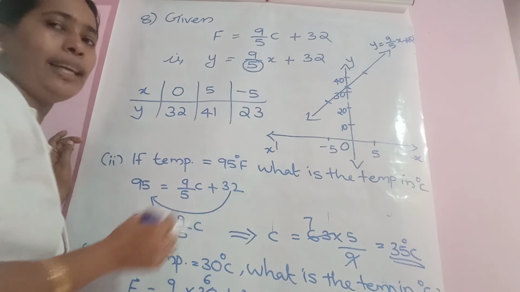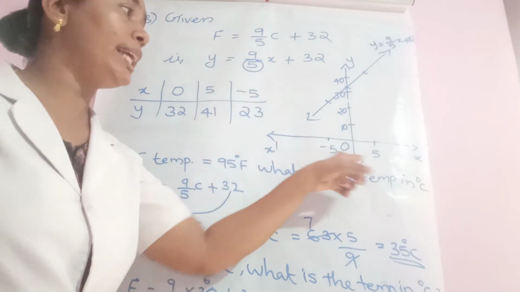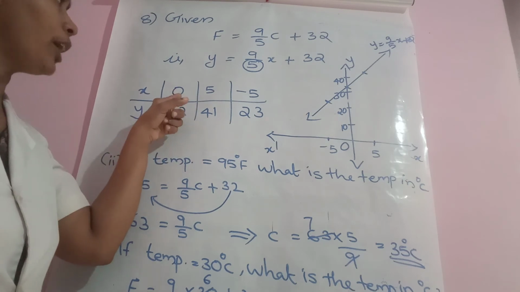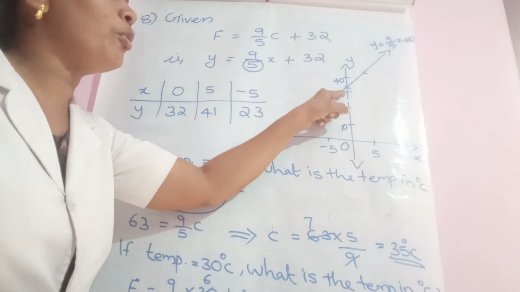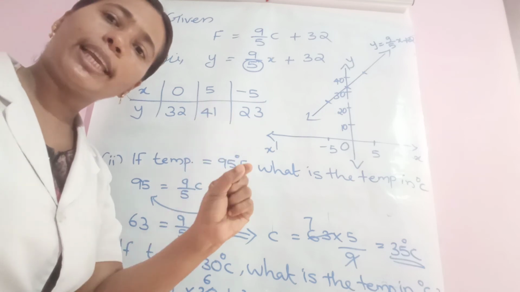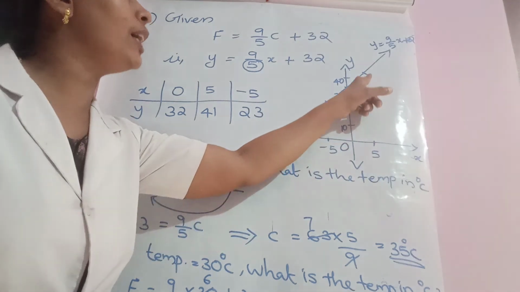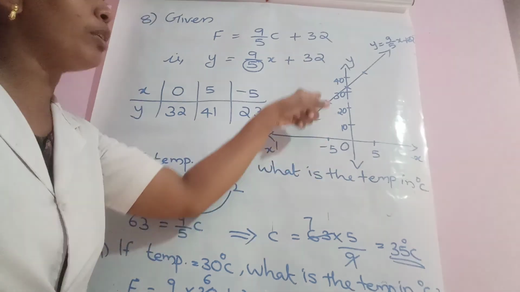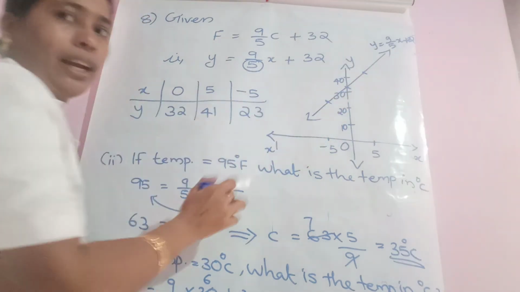Now look here, teacher has marked along the x-axis 1 centimeter as 5 degrees Celsius. And here teacher has taken 10, 20, 30, 40 like that way. Our first point is 0, 32. 0, 32 means there is no x, only y 32. y 32 means after 30, the second small line. So 32 is marked. Next one, 5, 41. 5 is here. Go upward till you get 41. 41 means after 40, the first small line. Similarly, minus 5, 23. After 20, the third small line. Then you can see that it's a straight line, and on one end you can give the name of the equation.